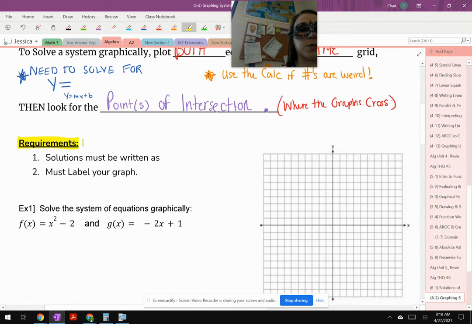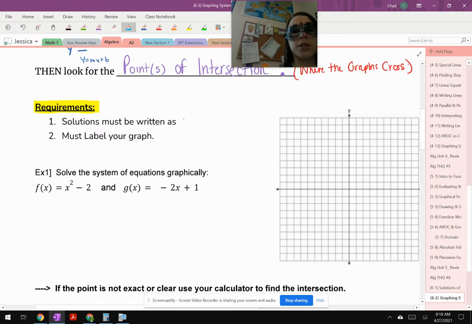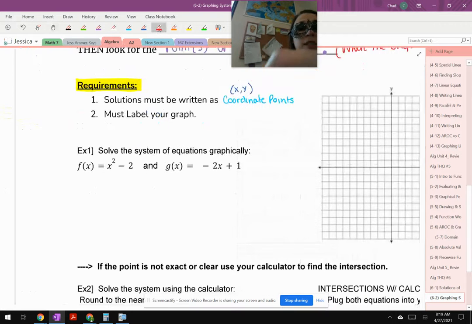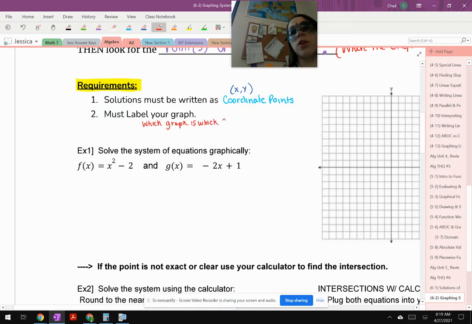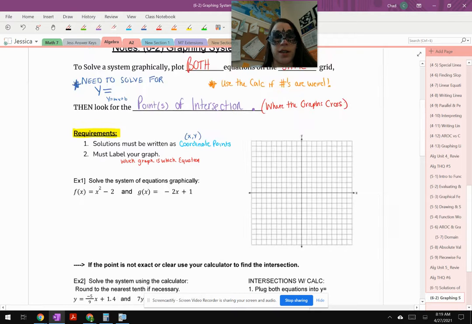There are just a few requirements we need to go through for your problems here. First one is that your solutions must be written as coordinate points, meaning an x value is not enough. You need to have both an x value and a y value, an x comma y. And you must label your graph. We need to be able to tell which equation is which, which graph is which equation. That's going to be important because you're going to have multiple equations on the same grid here. So we'll take a look at that in action with our next